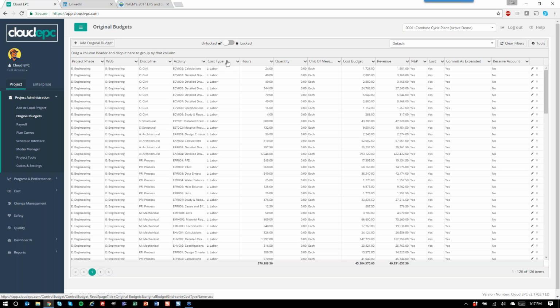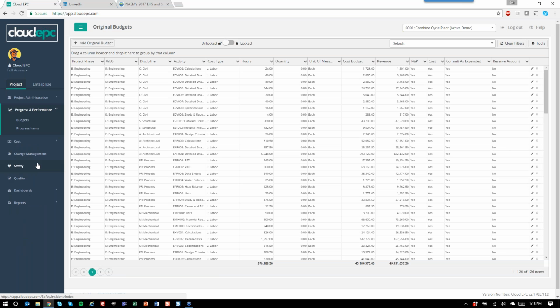One thing that makes us unique is that we have a centralized budget infrastructure, off of which the progress and performance, the cost, and the change management modules hang. This allows us to essentially push and pull from this centralized infrastructure and always remain in balance, always be sure that project teams are aware of any out of balance accounts that may have occurred, with notifications to ensure that change orders that are processed are included in the budget table and that they always tie out to your contingency provisions. So it really forces project teams through the process of best practices and ensures the integrity of the data prior to any reports being generated.